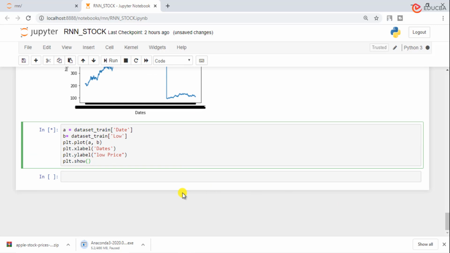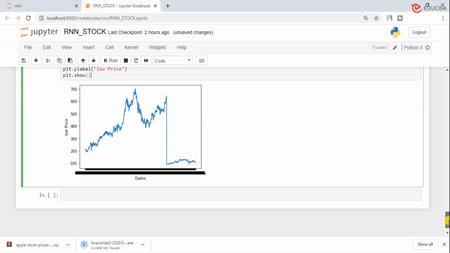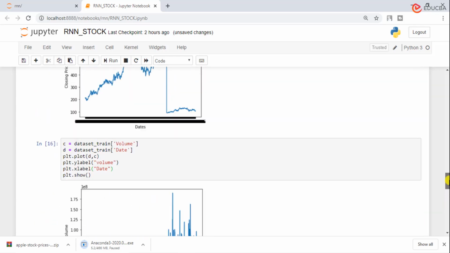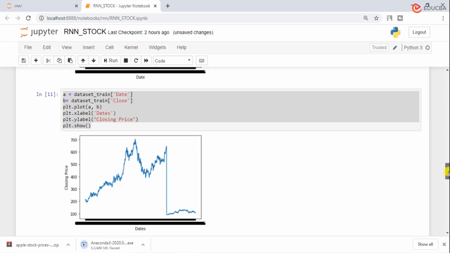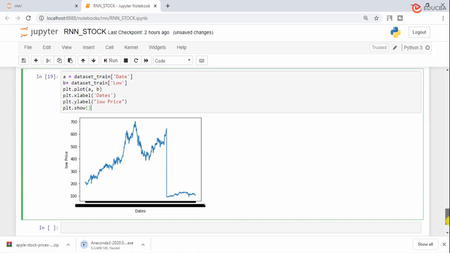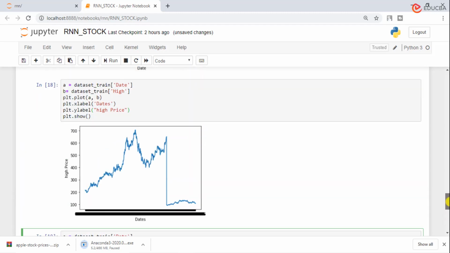You can also draw bar chart, pie chart, and different types of line plots, multiple line plots for comparison sake. So I think all the graphs are similar except this volume graph, and we can deduce that the minimum price is 200 and maximum price is 700, and after a certain period of time the trend changed completely. So this is what we have derived from these graphs.